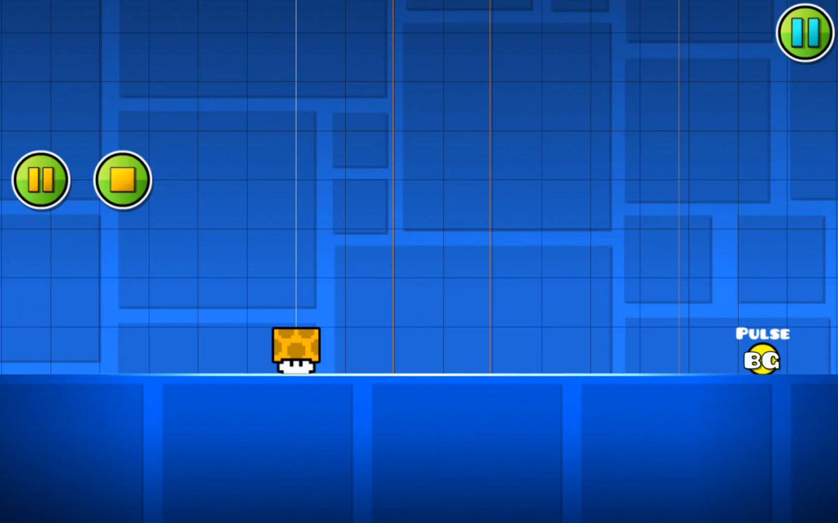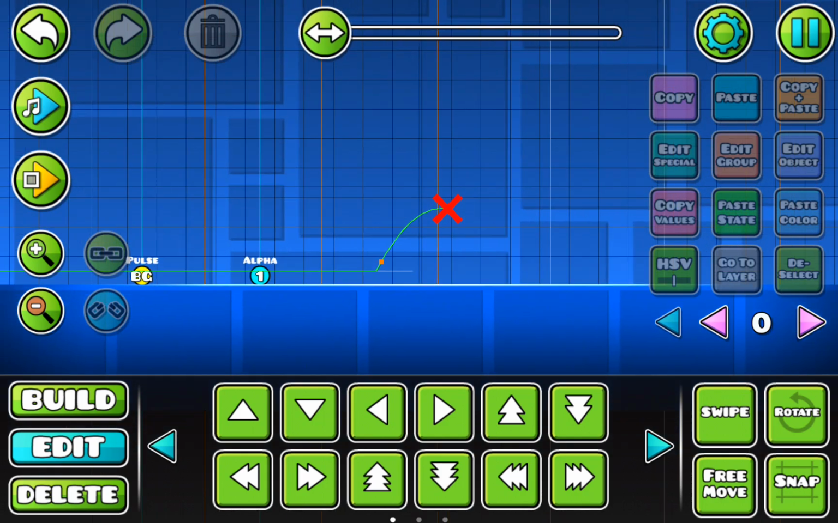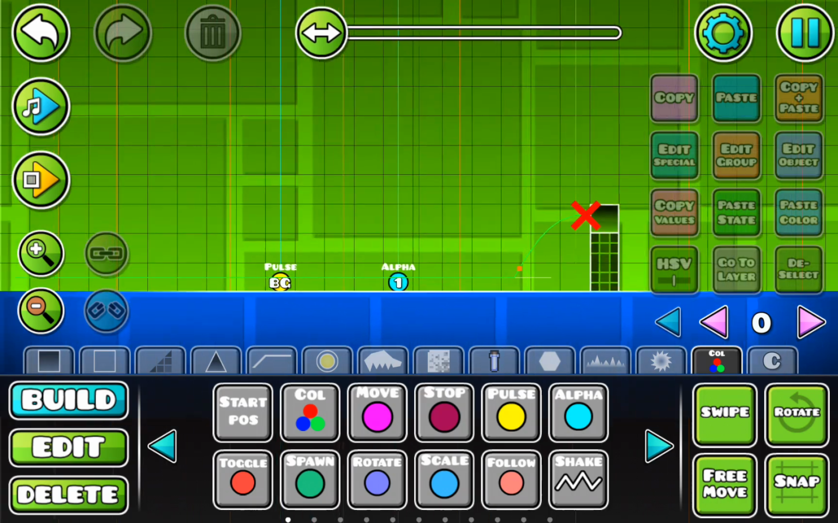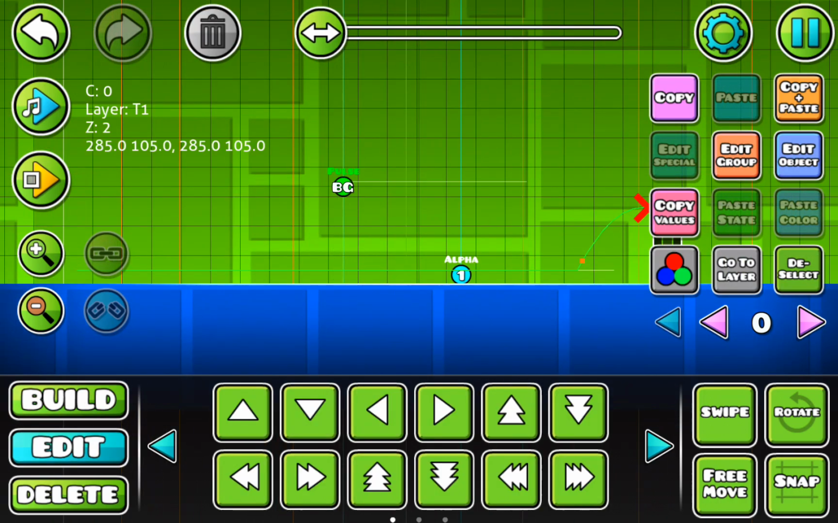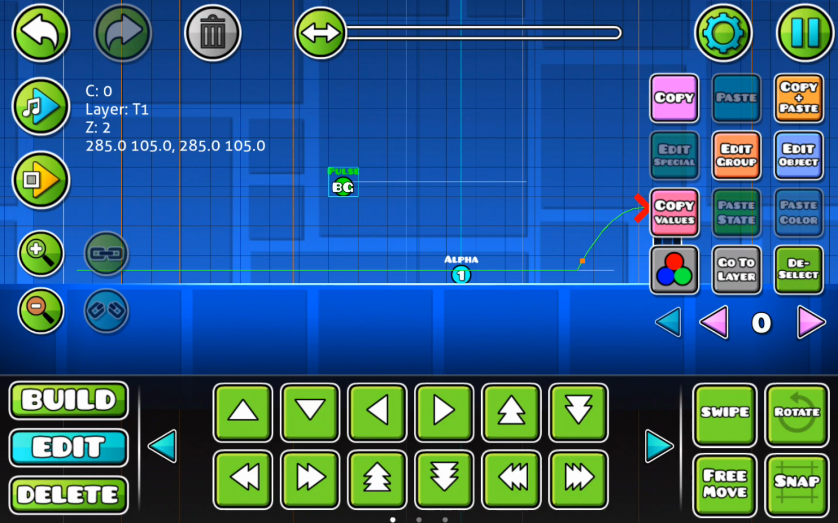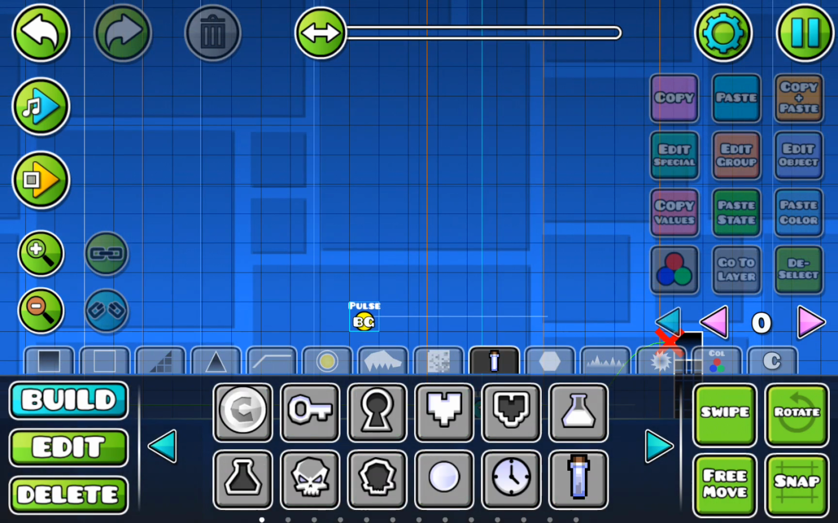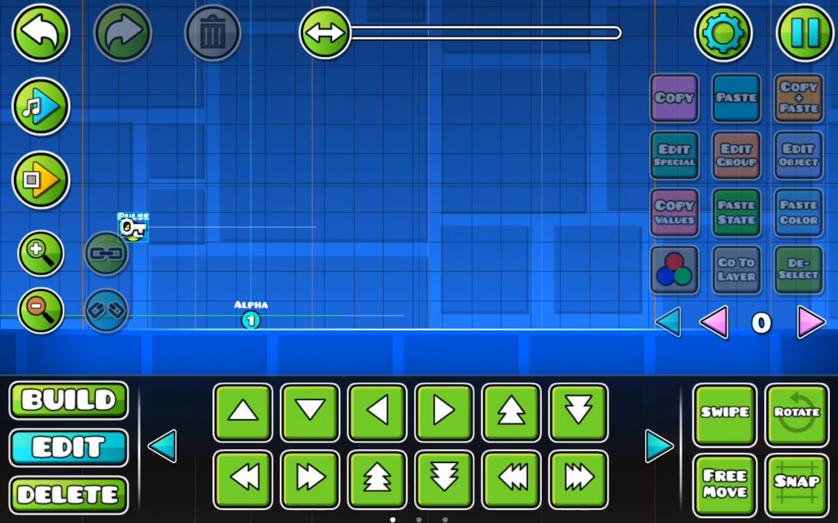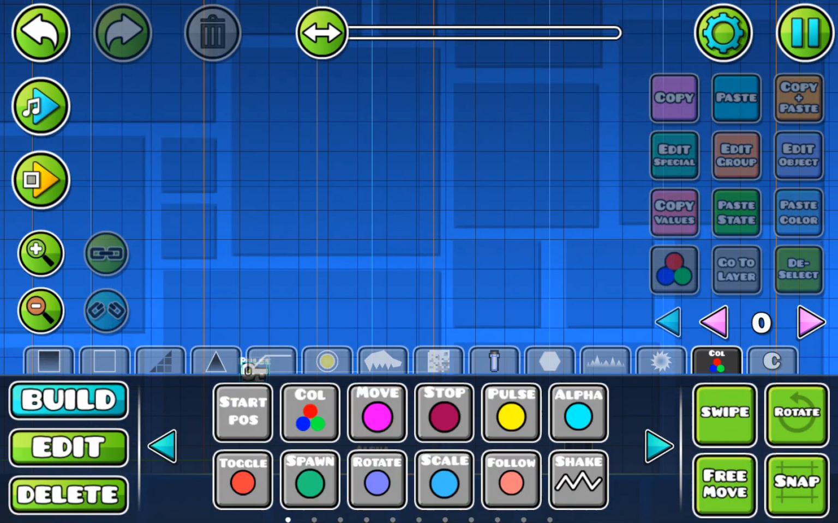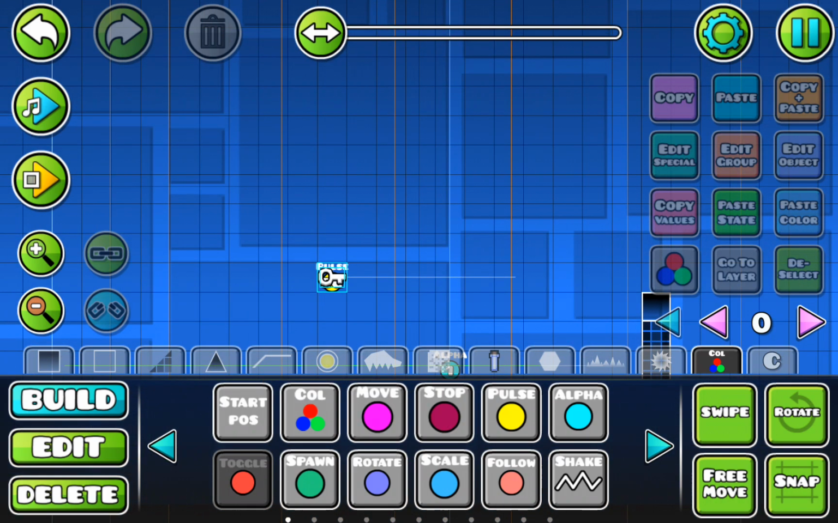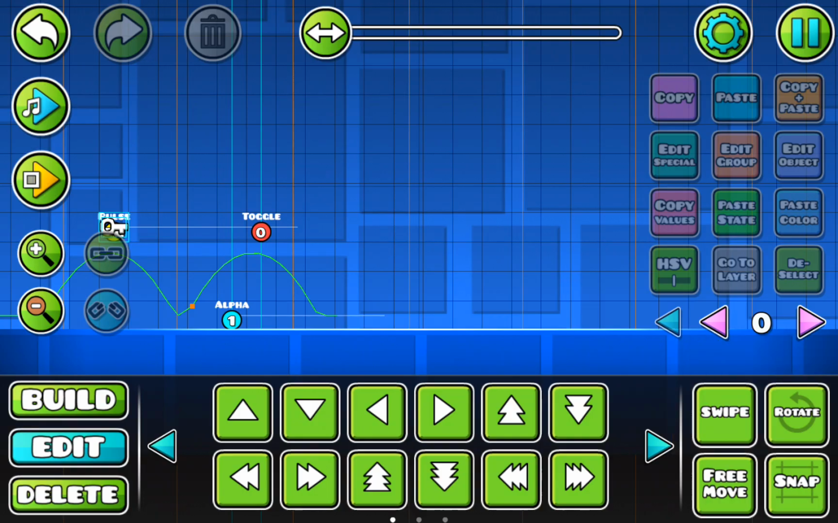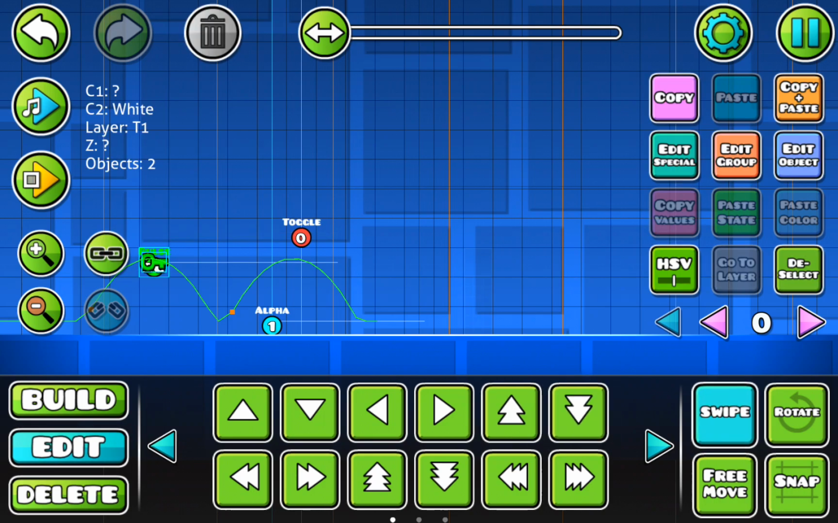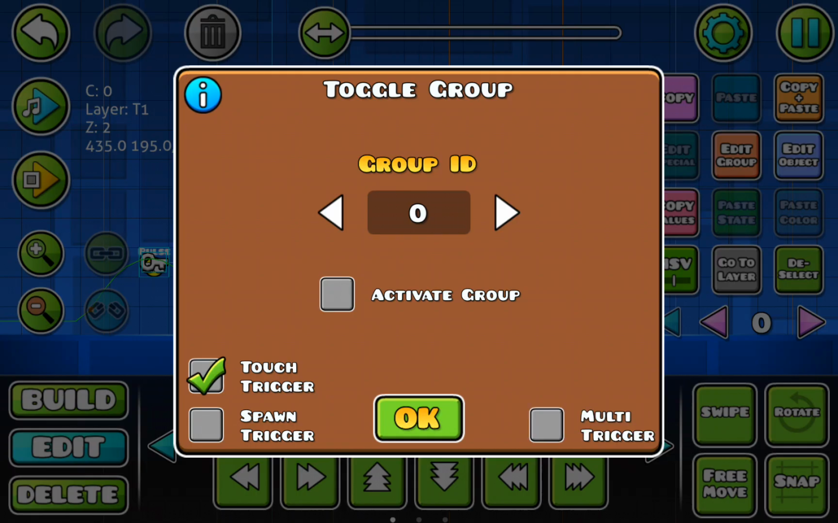So maybe you want it to fade out. So it's out, and then we can also put a toggle trigger with it. Maybe we can turn this into a touch trigger. And then we can put a key up there, and that's the correct way. But if you don't, the toggle trigger is up here. So we'll put this down a bit. So then maybe the toggle trigger